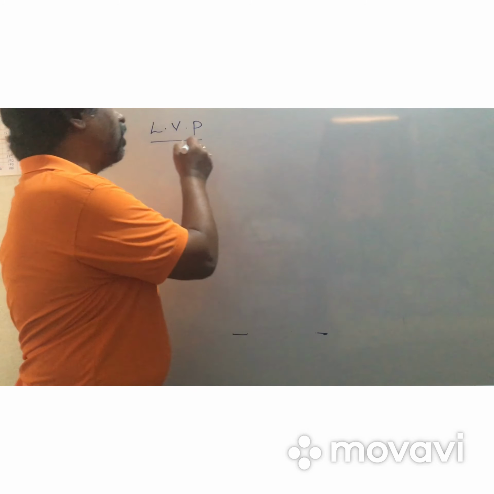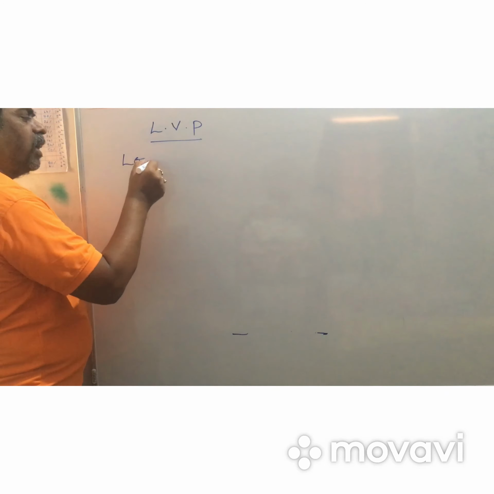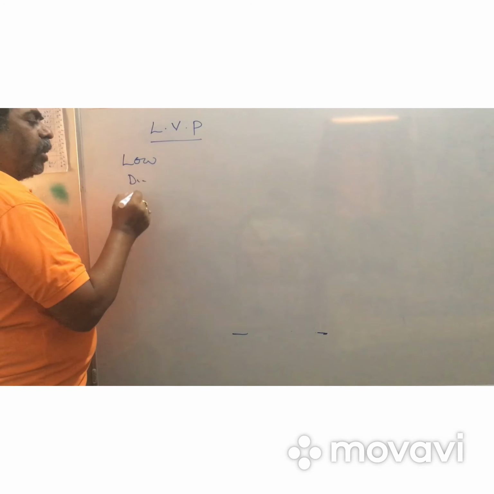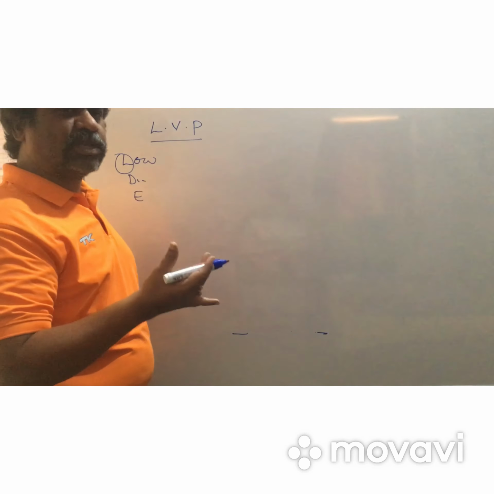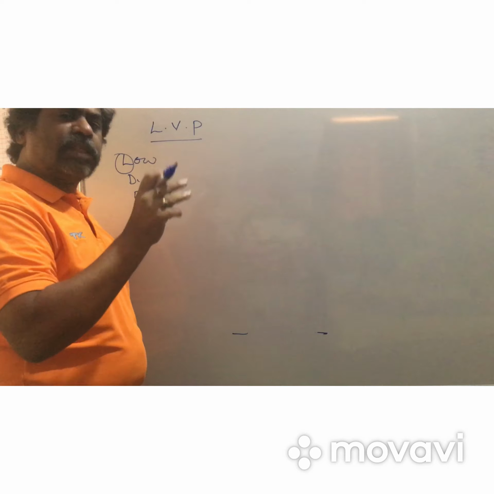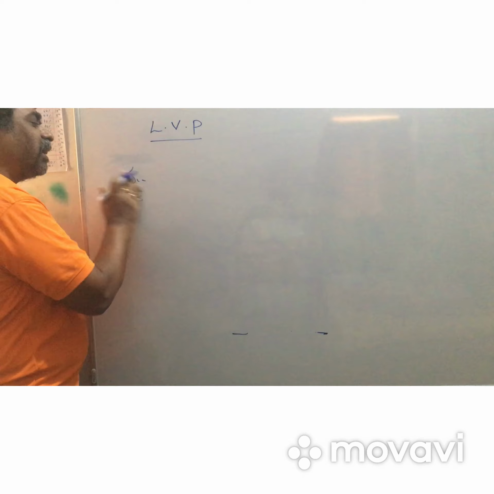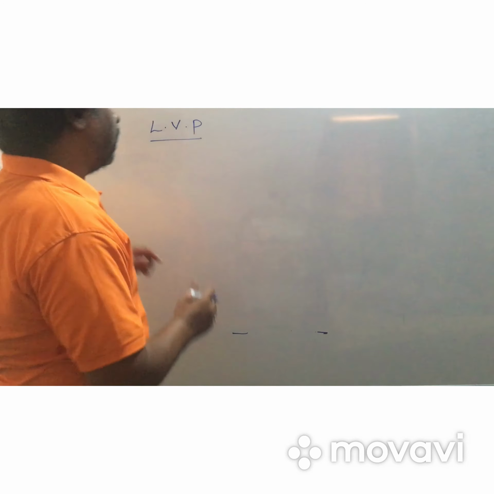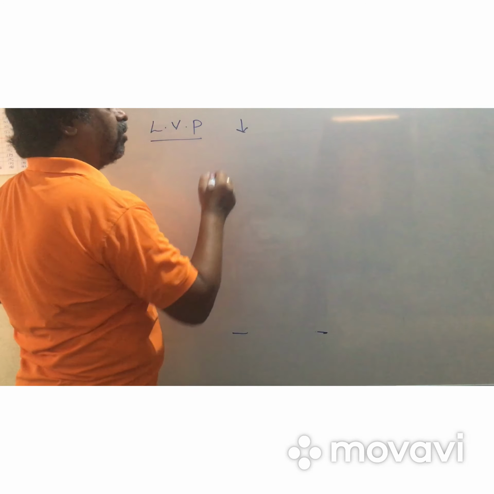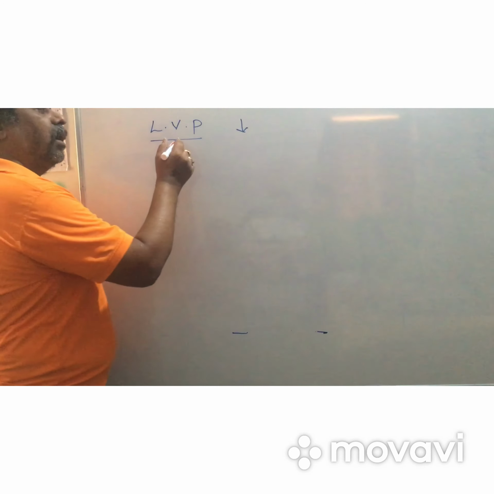First of all, the meaning of lowering. Here, in colligative properties, lowering of vapor pressure, depression in freezing point, elevation in boiling point, all are differences. Lowering, depression, elevation, all mean the difference between initial and final. Lowering means decreasing. The decrease in vapor pressure of a liquid solution is called lowering of vapor pressure.